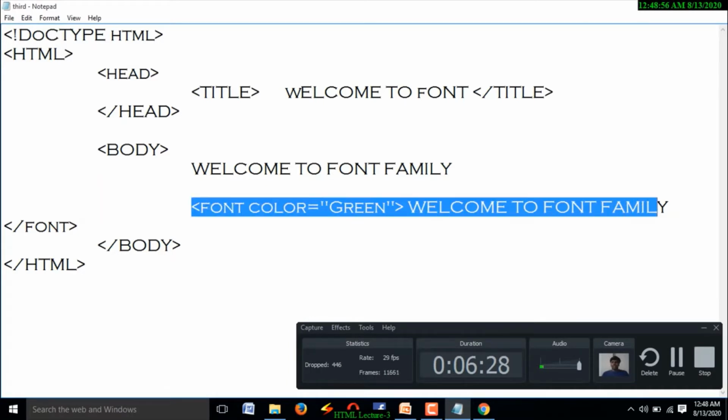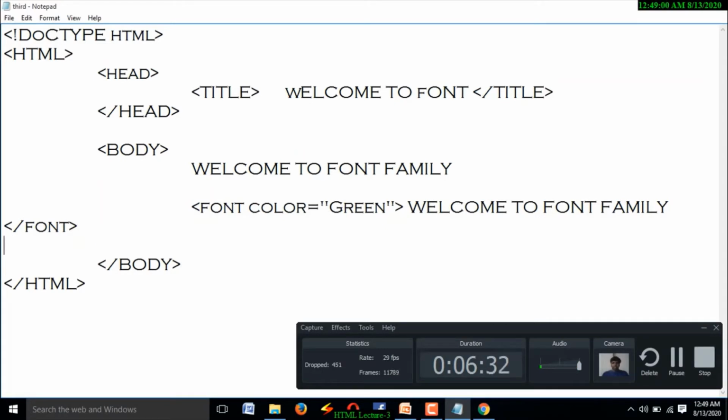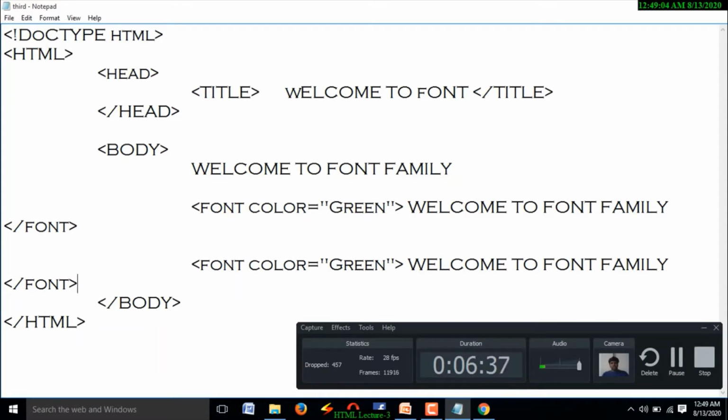Instead of writing the color name, you may write RGB values. RGB means red, green, blue. Here RGB values are represented by using the hexadecimal symbol hash and hexadecimal values.